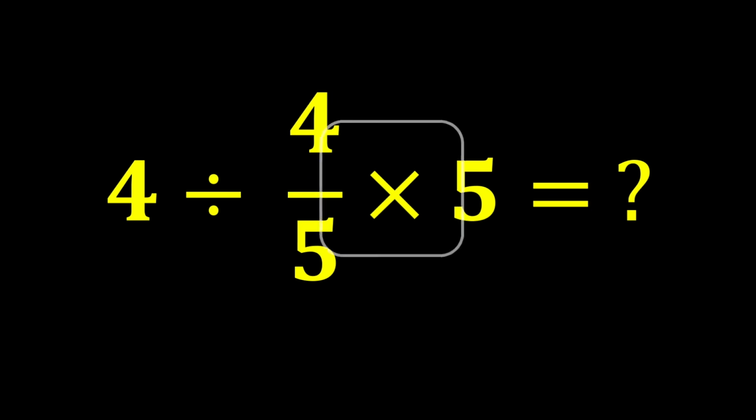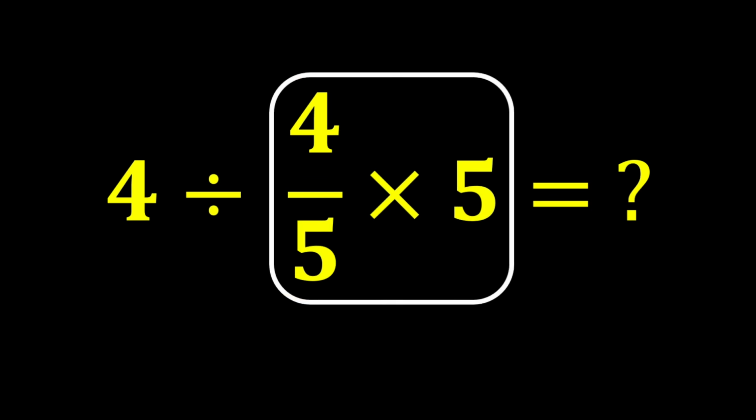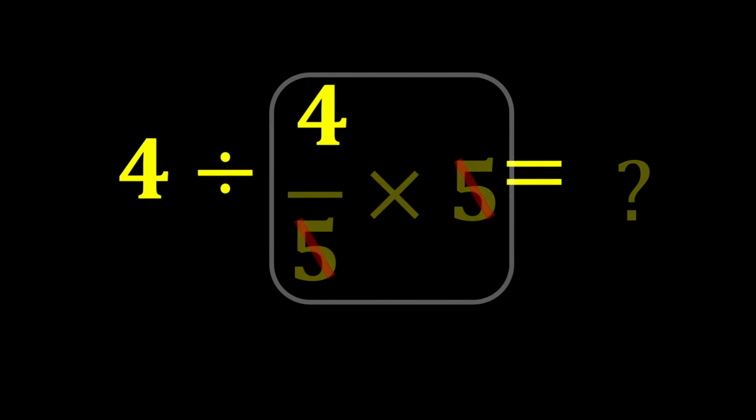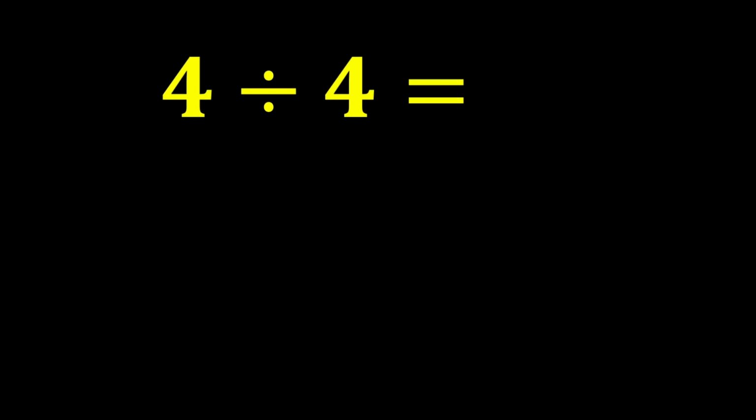First, we perform this multiplication, for 4 over 5 multiplied by 5, this 5 and this 5 cancel each other out, and only 4 remains. In the end, 4 divided by 4 gives us 1. But this answer is not correct because we did not follow one of the most important rules in mathematics called